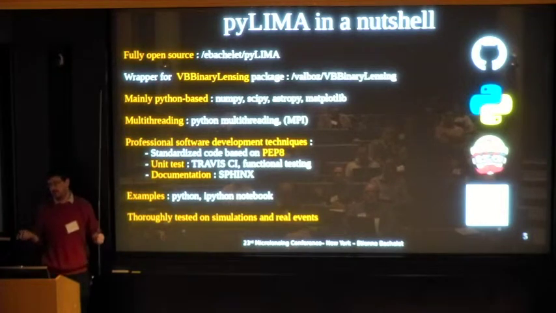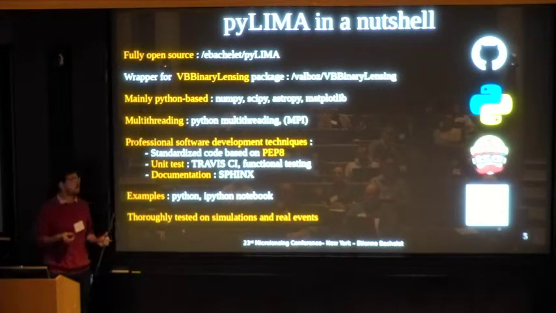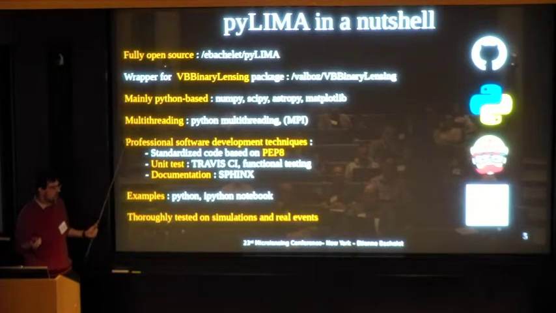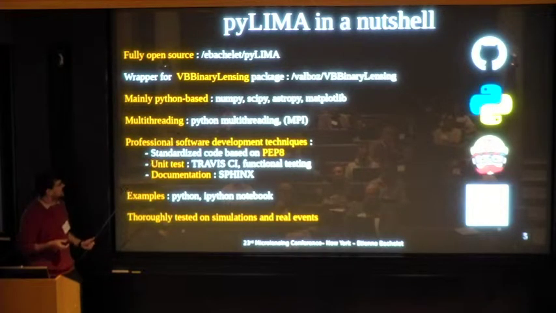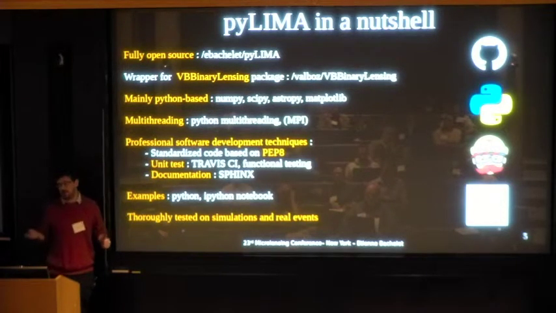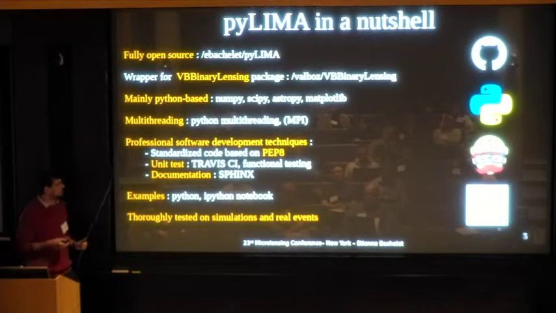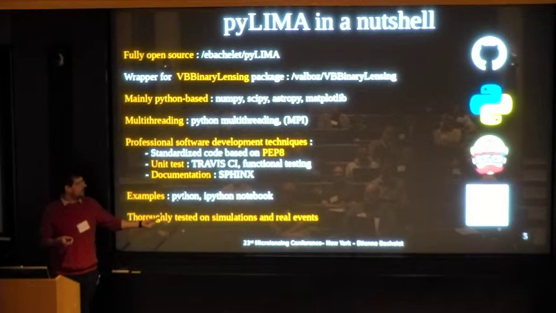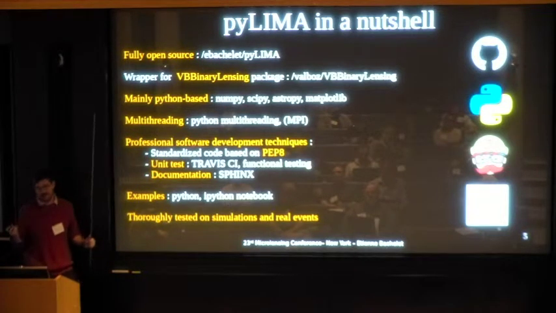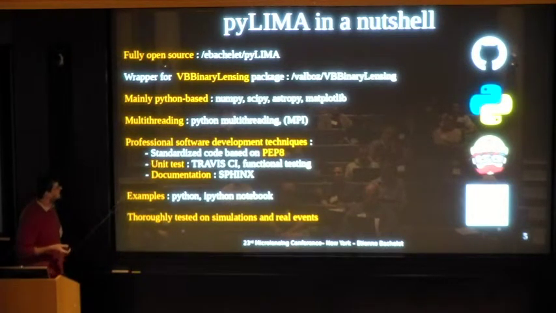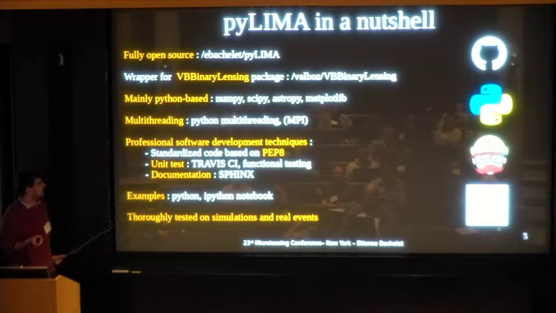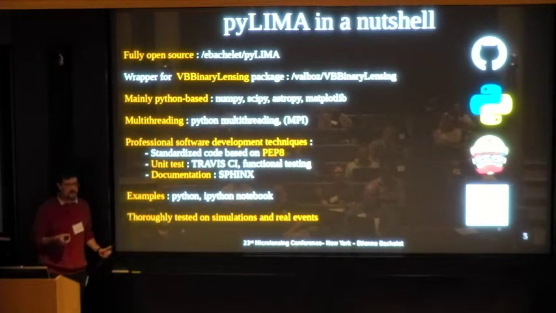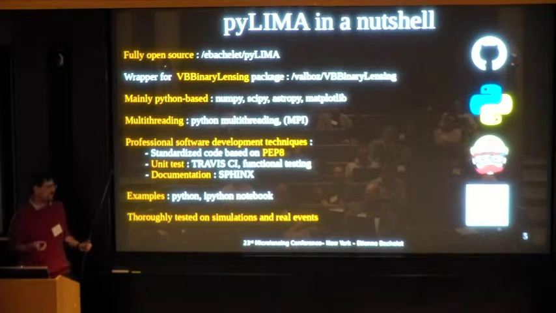We tried to keep PyLima as Python-based as much as we could, using standard scientific routines like NumPy, SciPy, AstroPy, Matplotlib, which are very heavily tested. In the new version I updated some weeks ago, we implemented a lot of Python multi-threading into the code, and we are working to make it more MPI friendly because the upgrade breaks some MPI implementation. Since the beginning, we tried to use professional software techniques such as PEP8, online unit tests, automatic documentation, so all of the code is or should be well documented.